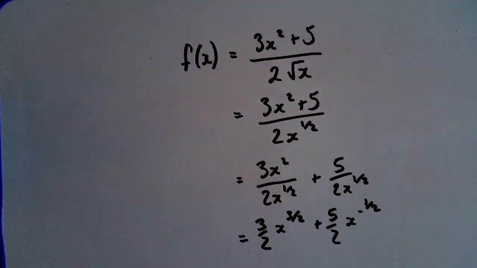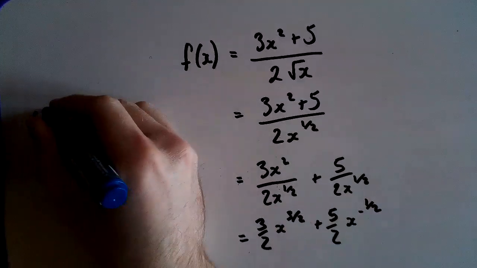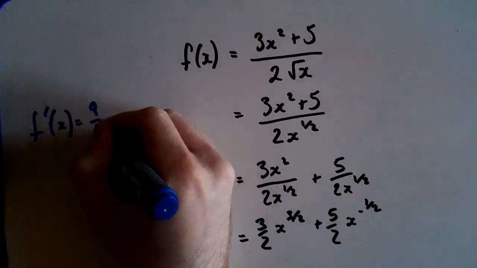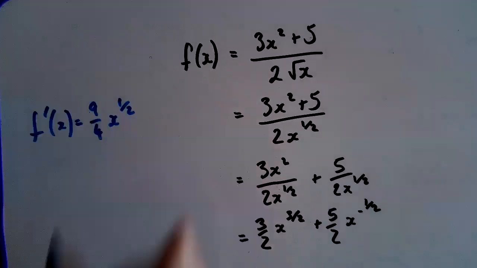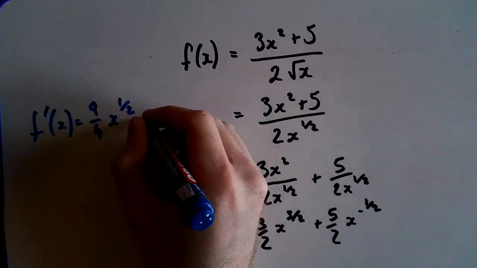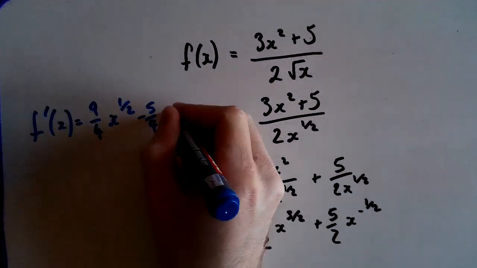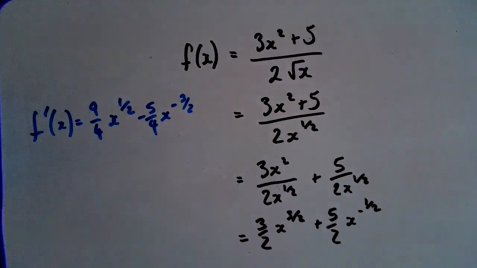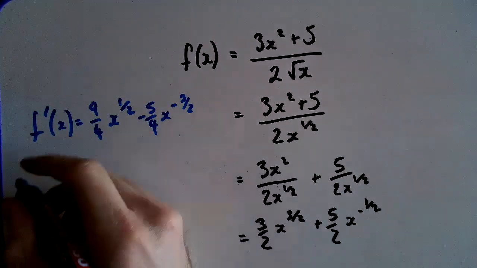So then to differentiate it, remember times by the power, so differentiate that, 3 over 2 times 3 over 2 is 9 over 4, take away 1 from the power, so a half, and this one, 5 over 2 times a half, minus 5 over 4, take away 1 from the power, is minus 3 over 2, and integrate the